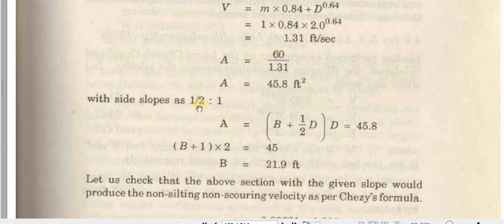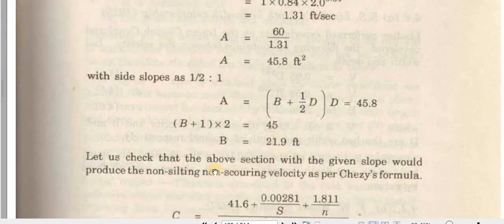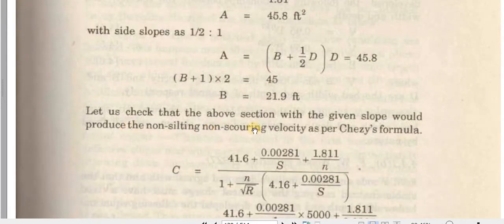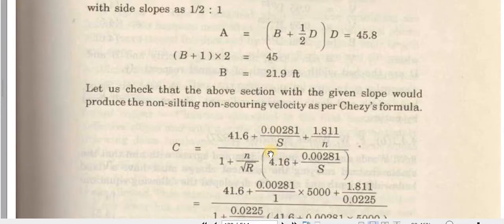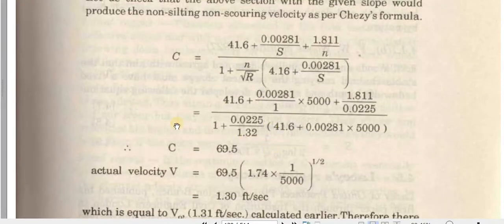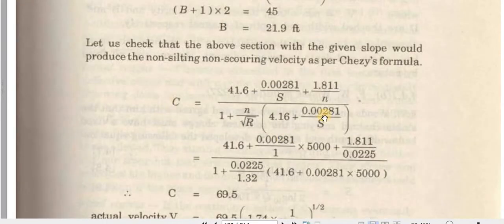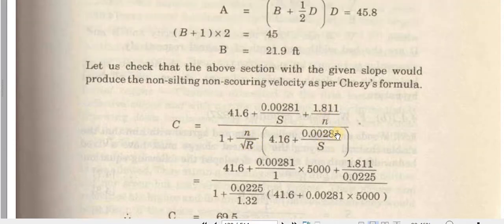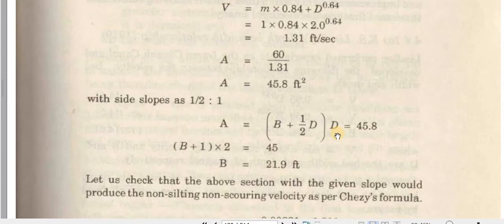Then with side slope of, so this is an unlined canal, we will prefer this side slope for unlined canal, 1/2:1. If we have the area, we can calculate the bed width. So you can check this equation using this: V is equal to C√(RS). C, we have to enter N, we have to enter R, we have to enter S. So that is equal to 1